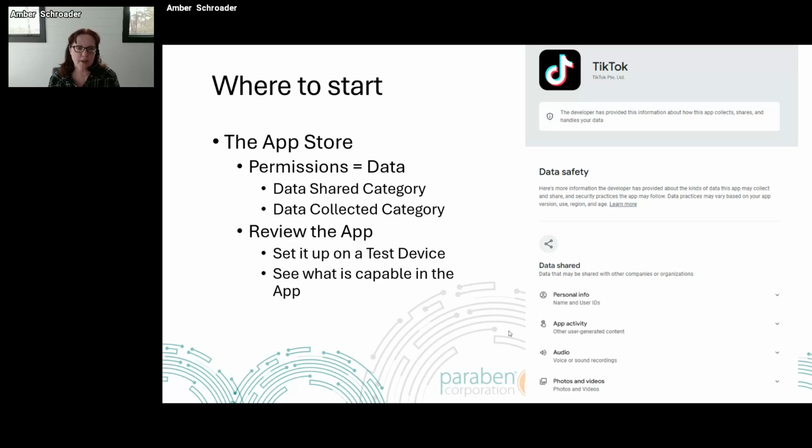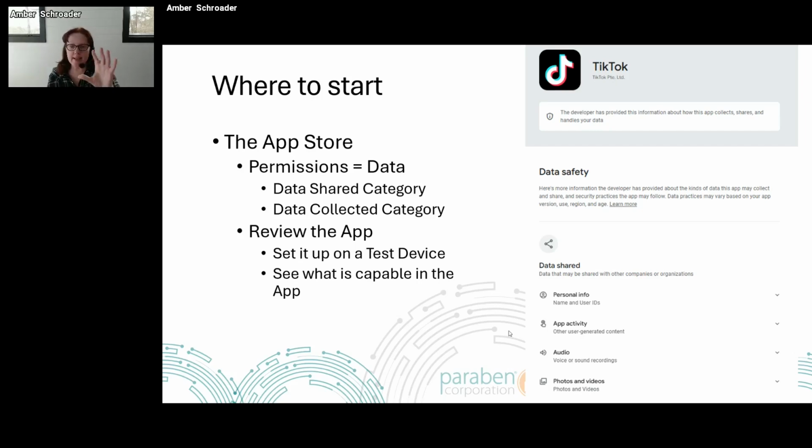Then I like to set up a test device, and then I like to actually use the app. Because if I'm one of the people that has been living under a rock and never used TikTok before, since this is my example app I have up because it's just recently gone back in the App Store, then I need to understand what it does in the app so I know potentially where my suspect is generating data. If you've never used an app before, it's very hard to look at that raw information and then put it all together to have it make sense for what you're seeing in the data sources.